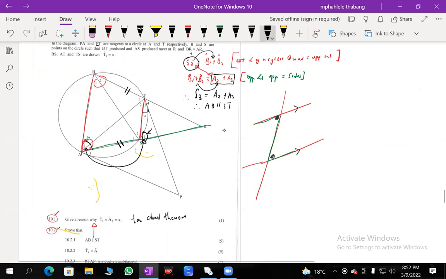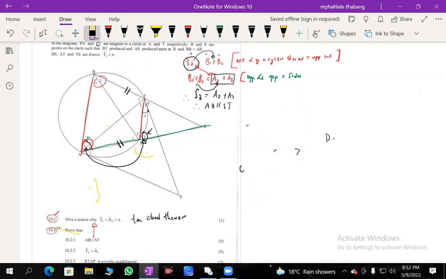So this angle and this angle are equal. Once, maybe let me say this line is AB, once AB is parallel to CD, this angle and this angle are equal. Right? The alternate angles are equal. So when these lines are cut by a transversal,